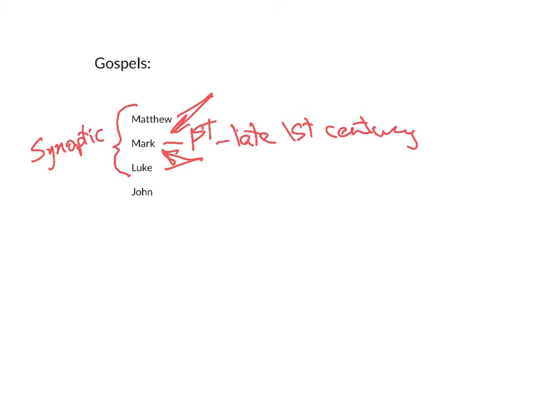Now, Matthew was one of the disciples of Jesus. We know him. He was a tax collector, and Jesus said, become one of my followers, and he did. And so he was one of the original apostles, the original 12, who were chosen by Jesus to be his students. That's the meaning of the word disciple, to be his students. And with the idea that when he was gone, they would pass all this information on. They would tell these stories. They would keep it going. And Matthew was one of those 12 guys.